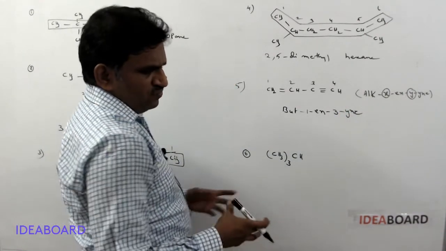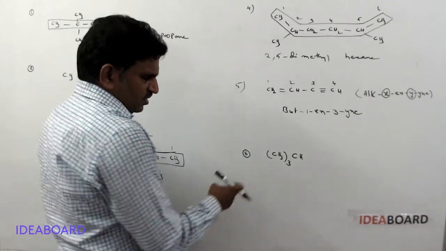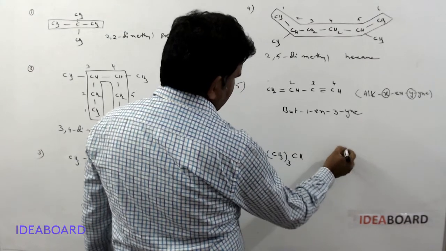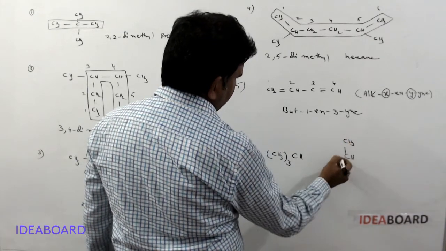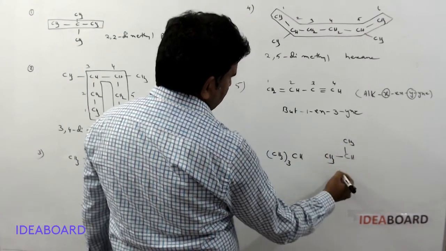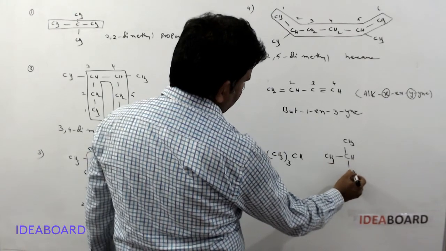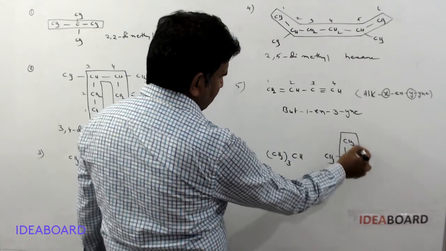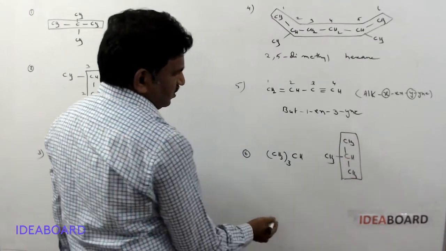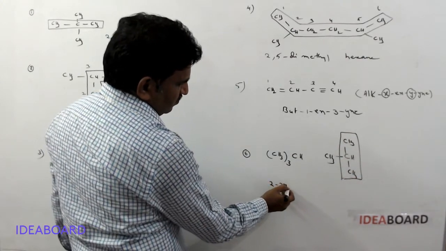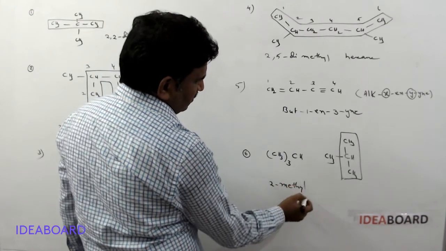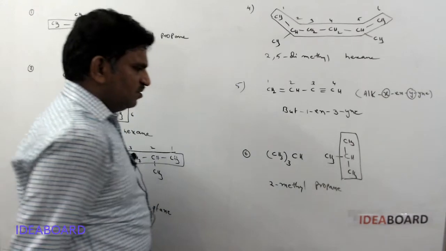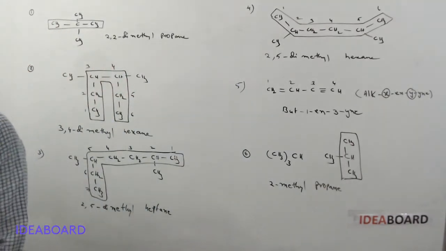Here this is the short form or condensed formula. Here condensed formulas we need to expand it. Here there are 3 methyl groups on it. So this is a third methyl group. So we will take this one as a parent chain. So now this will become 2-methyl. This will become 2-methylpropane. 2-methylpropane is present.